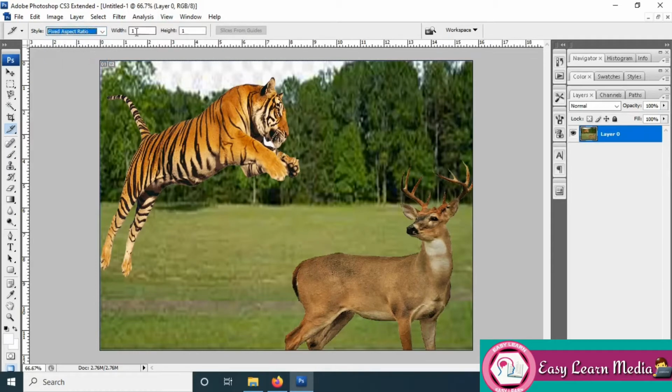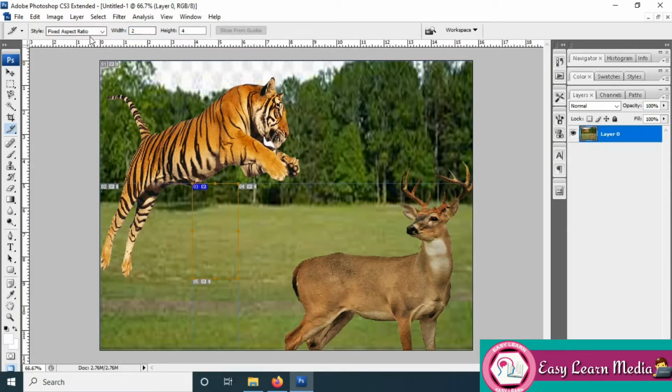Now I am explaining the second one. It is aspect ratio. So here we can give the width and the height. I'm just assigning 2 and 2. If I'm applying the slice tool, it selects an equal size, a ratio of 2 into 2. So the blue tag is user defined, and we can apply 2 into 4 also.